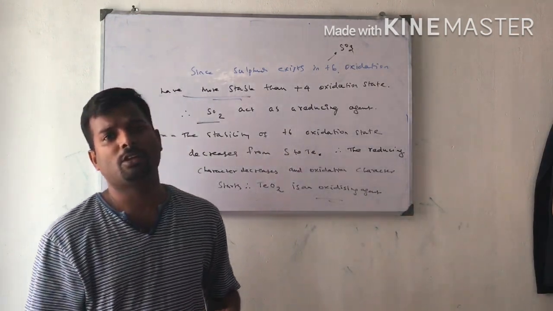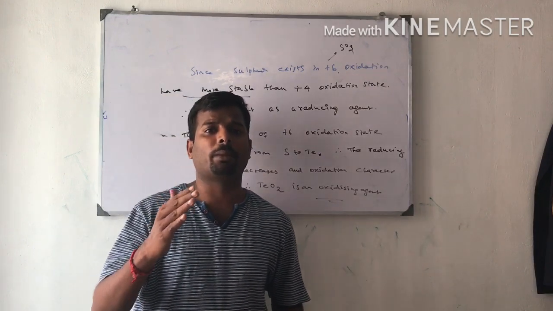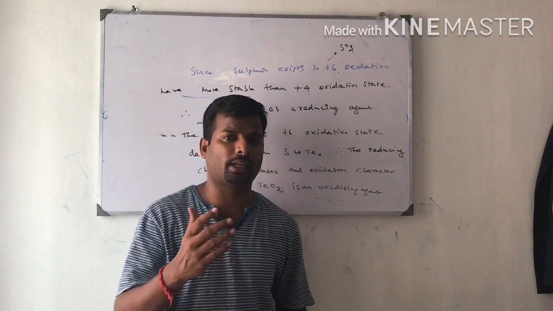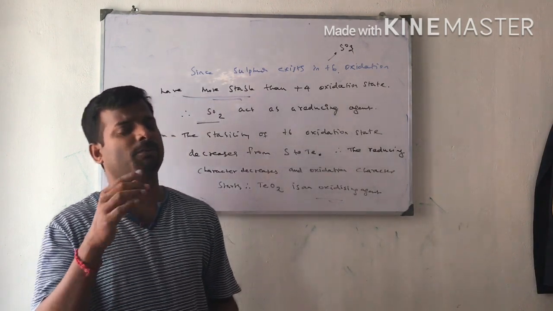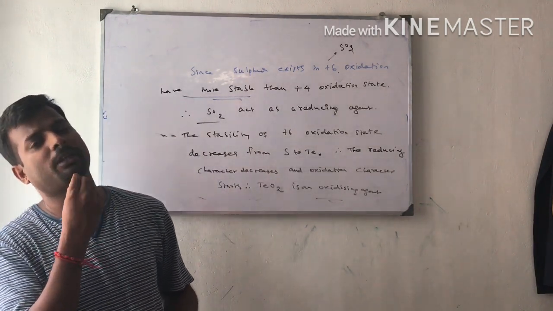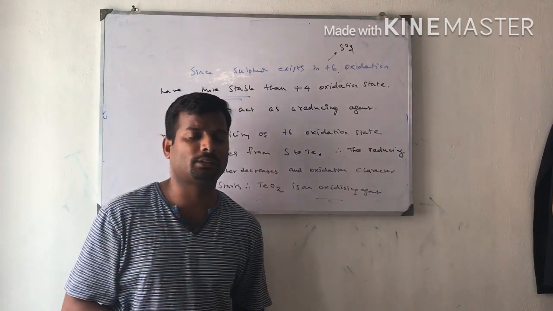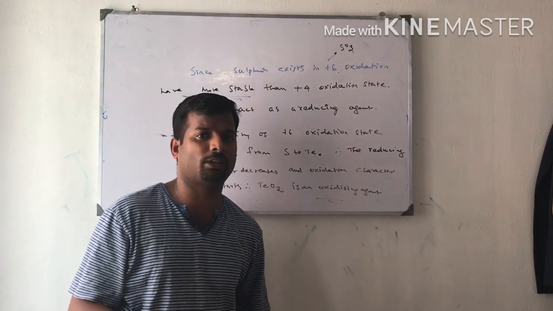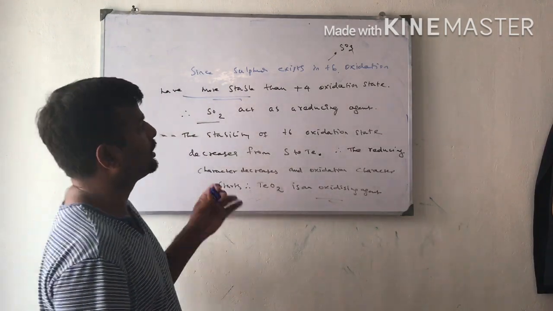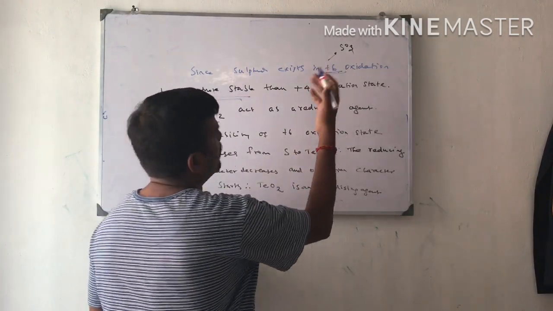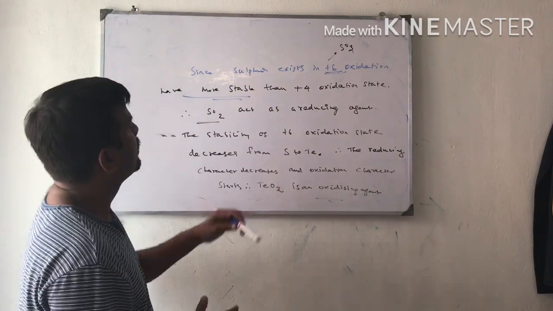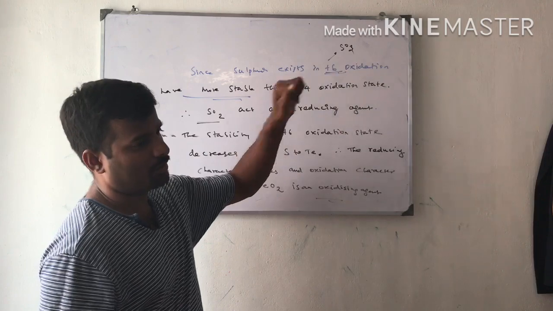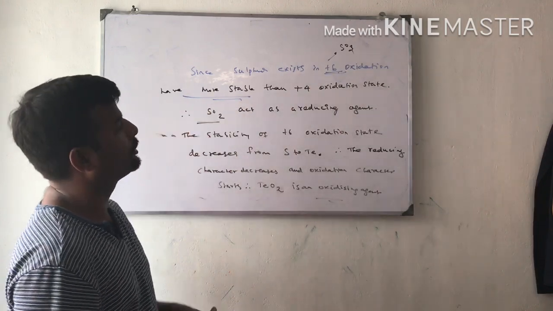the 11th standard. If the charge is more, it means stability is also more. In the case of tin tetrachloride, Sn plus 4 is more stable than Sn plus 2. Stannic chloride is more stable than stannous chloride, that we learned. In the same category, if the oxidation state is more, that is nothing but charge. Charge is more means stability is also more.